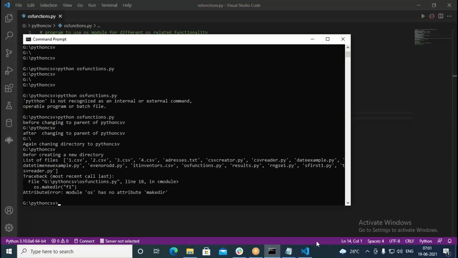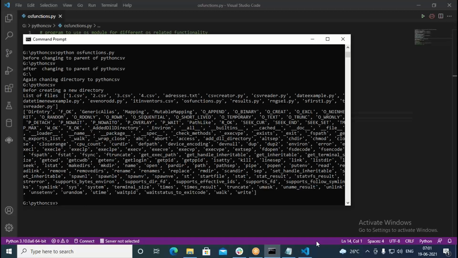Just run this once, it's printing. You can find all the things of the OS. So anywhere do we find make dir? You have mkdir, there is no make dir. Make dirs we have, and here it is the mkdir command.